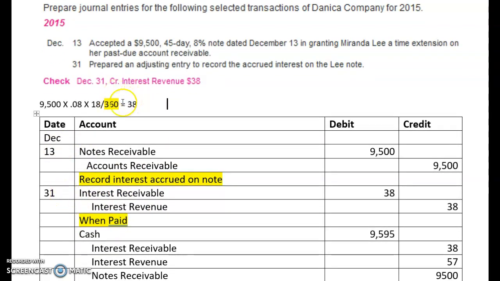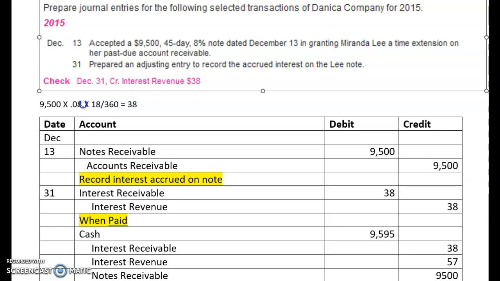Then the 31st, like I said, it's been 18 days. And we're going to use 360 unless we tell you otherwise in this class. So what you do is you take 18 and divide it by 360. That'll give you the fraction of the year, and that's what we need. Times 8%. Where did that come from? The problem right here where my mouse is. Times how much she owes us. Where did that come from? Right here. So 18 divided by 360 times 8% in decimal form, or you could hit 8, press 8 in